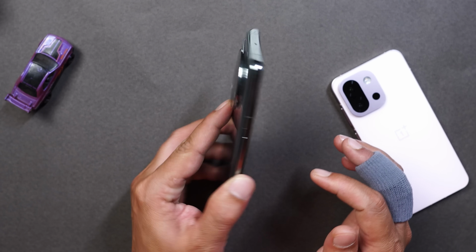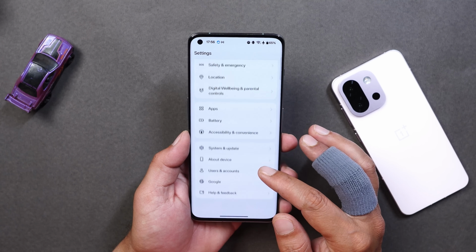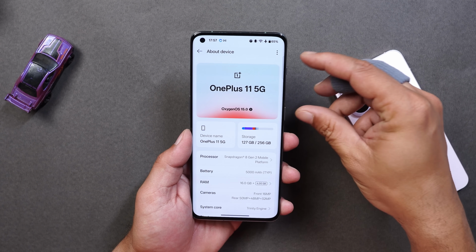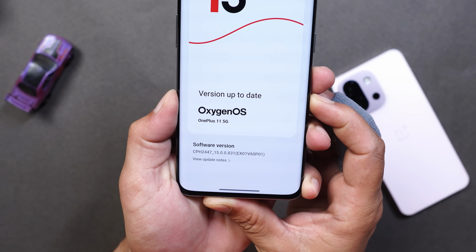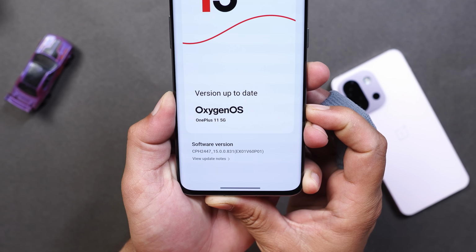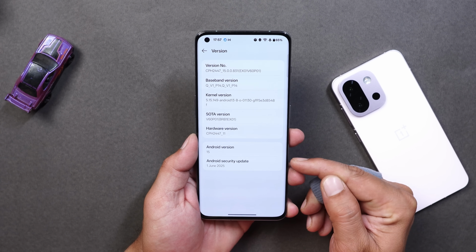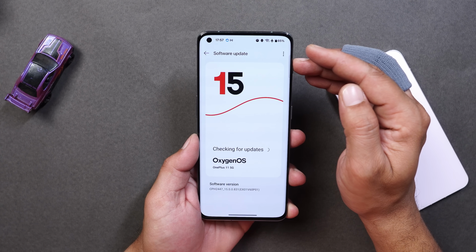So here I have my OnePlus 11 and I've already updated this device to the latest build of OxygenOS 15.0. Basically it's based on 15.0.2, but in the about section it says 15.0, and if you see the version it says 15.0.0.831, but actually this build is based on 15.0.2, and we have received the first June 2025 security patch on the OnePlus 11 series also. And guys, if you haven't received the OTA update, just go to the software update section,